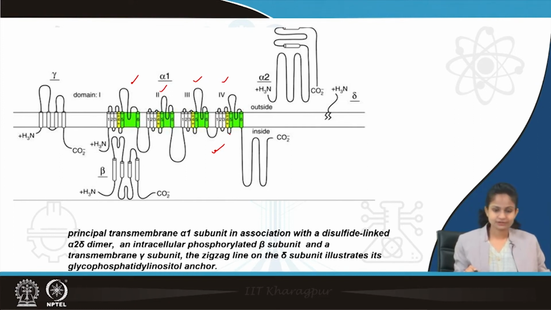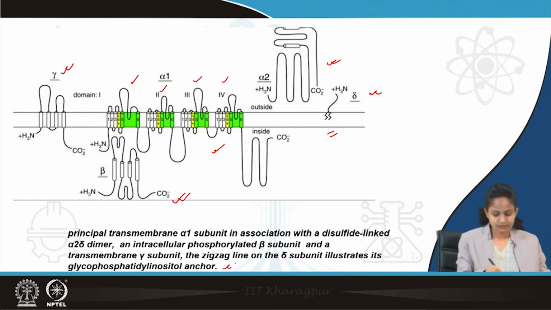Besides that, in calcium channels we have the auxiliary units. This is the gamma unit, which is present at the transmembrane level. Then intracellularly we have this beta unit, which is the site for phosphorylation. Then we have the alpha 2 subunit, with a disulfide bond to the delta subunit, and this zigzag line is for the